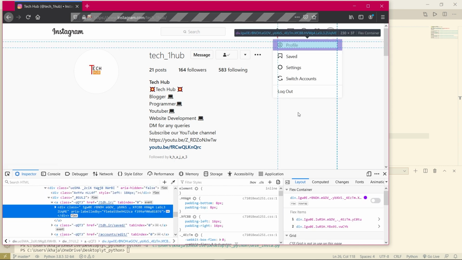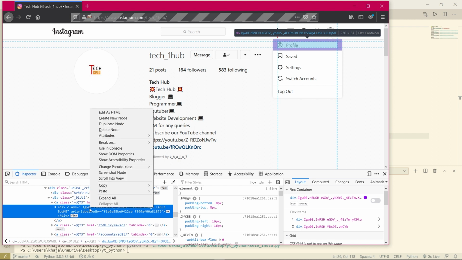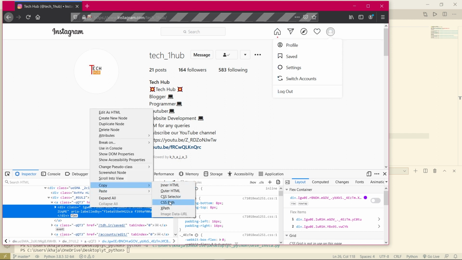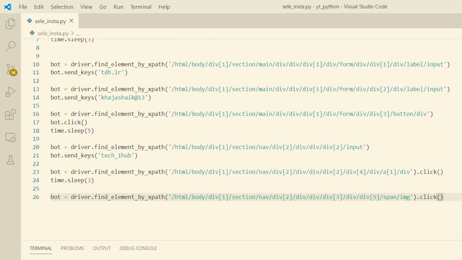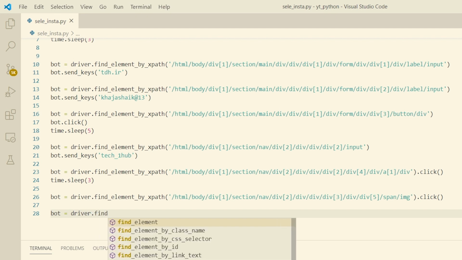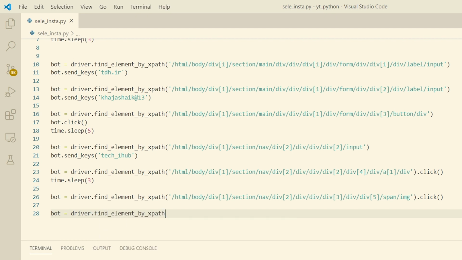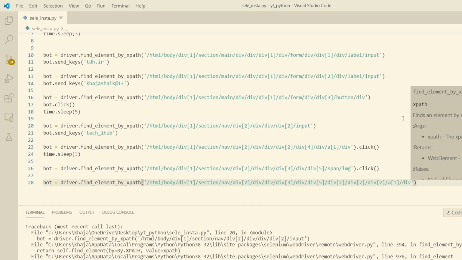Same thing, just go to that profile, we have to copy the XPath of that profile. Okay, bot is equals to driver dot find element by XPath and paste that same thing, and again we have to click.